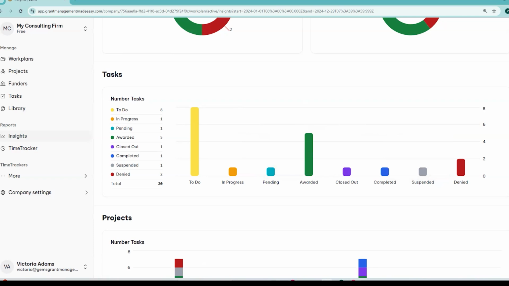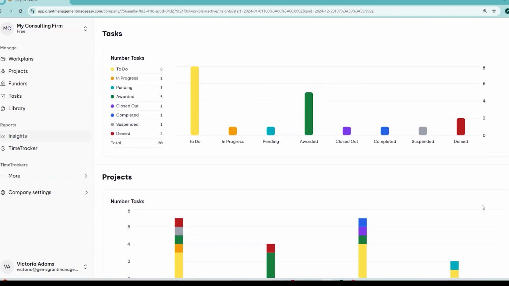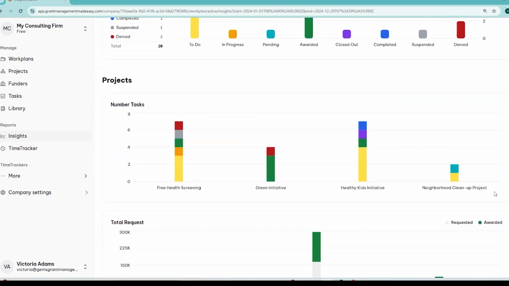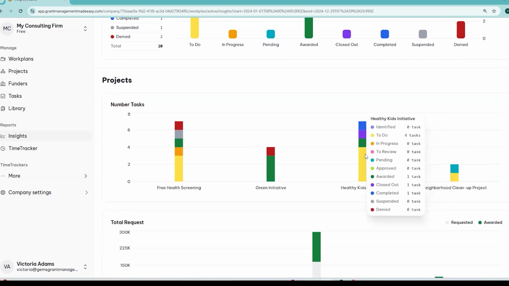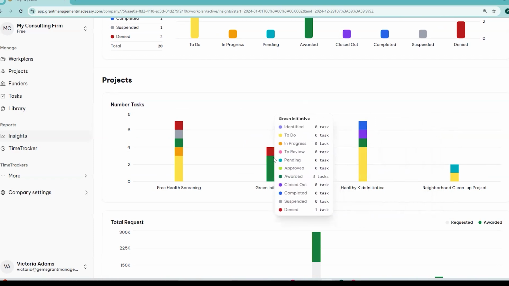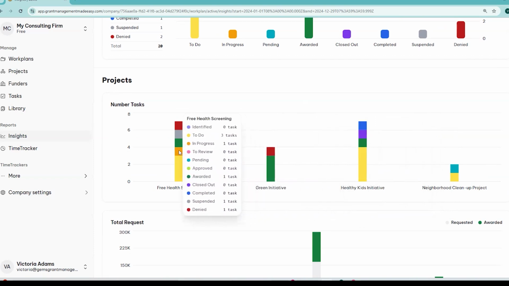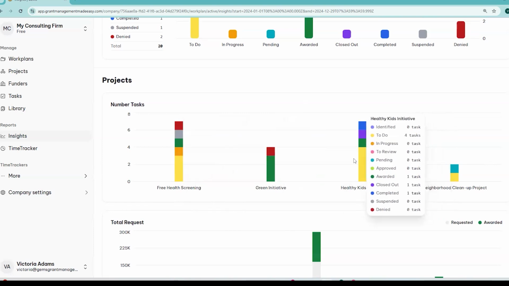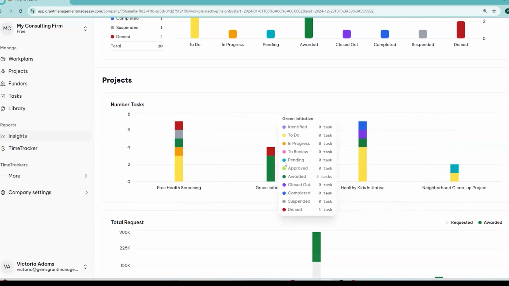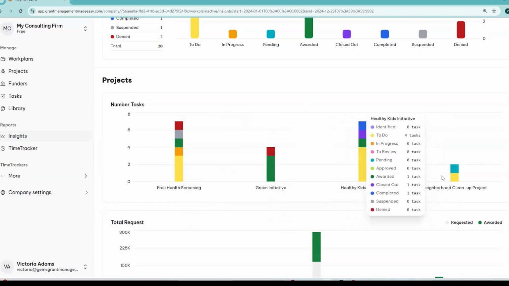And then the next chart actually takes the same information, but it breaks it down by project area. So remember that projects and GEMS are different funding areas. Those are the things that you are writing grants for. And this chart's really great because it's showing us how the tasks in play are distributed by status, by project area. So I really like this chart, especially when I'm doing grant strategy planning or I'm developing my strategy for